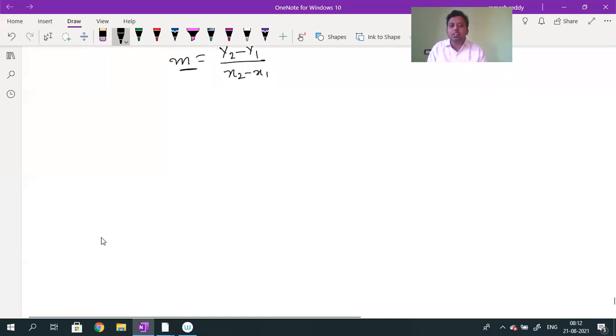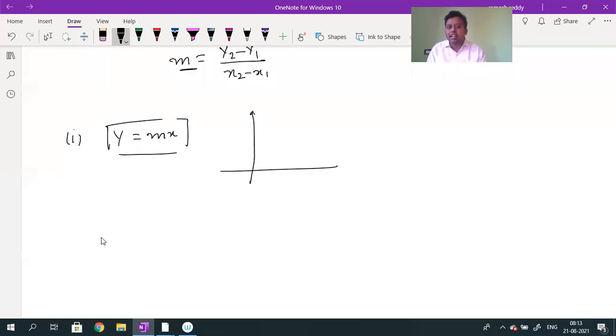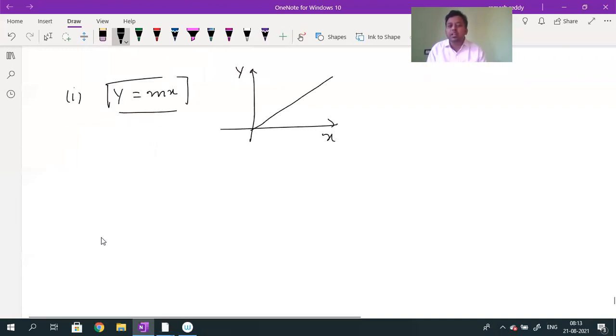And the first point you have to remember is, whenever I write y is equal to mx, it is the equation for the straight line which is passing through origin. That is enough if you know it. From the physics point of view, now this is a straight line. Whenever I draw y and x, the graph is a straight line passing through origin. You will come to know in detail regarding the coordinates. So in this, what is m? Slope.